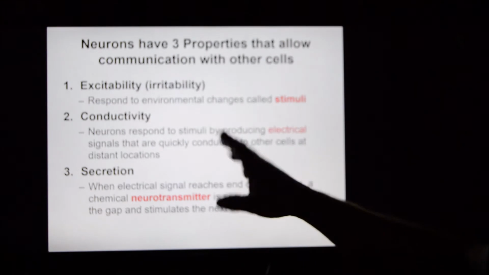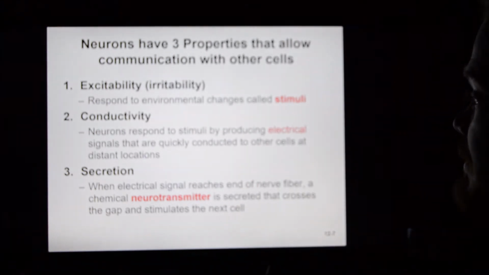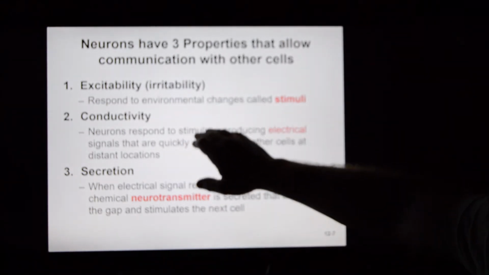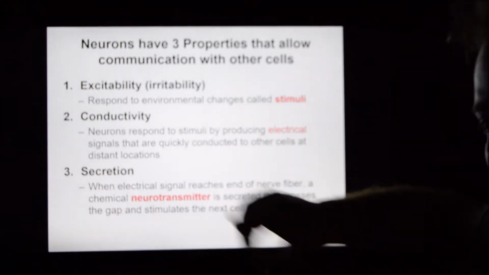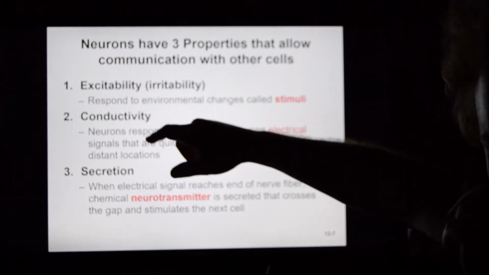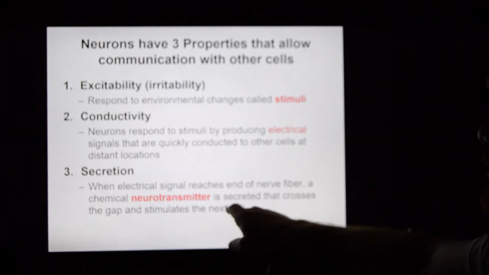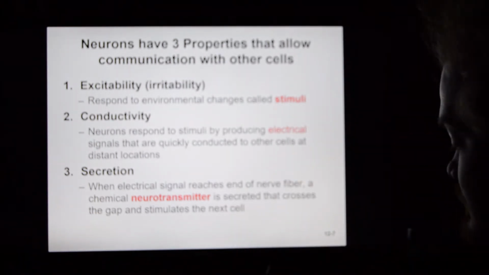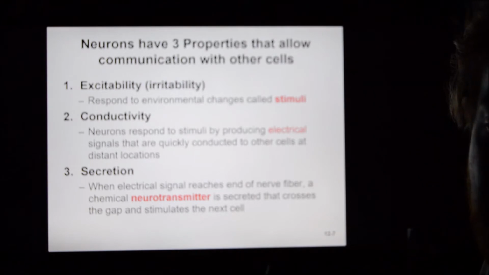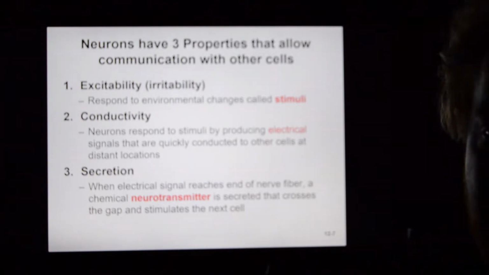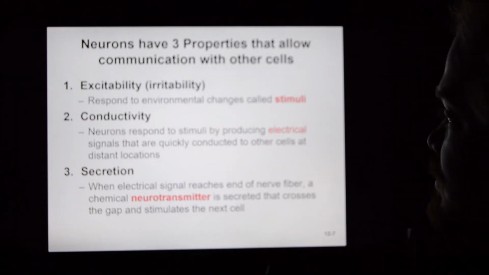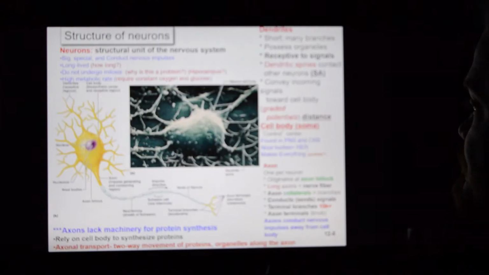What you're going to find is this is quite similar to muscle. Muscle is excitable. Muscle is conductive, right? You stimulate one side of a muscle, the stimulus flows to the opposing side. The variation here is that neurons are secretory. They can release neurotransmitters, whereas muscle is contractile. It's capable of shortening. That's the key characteristic difference between muscle and nervous tissue.